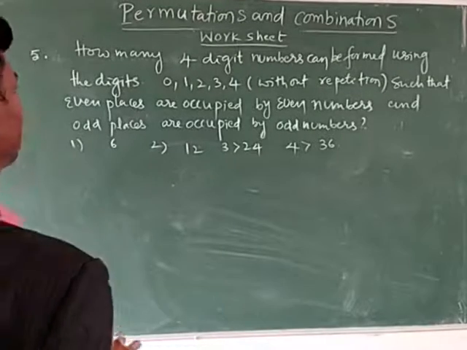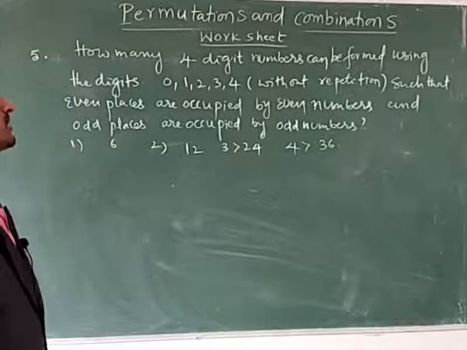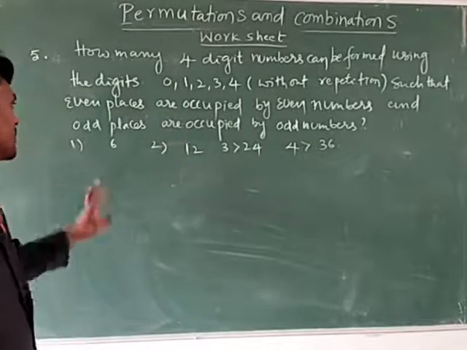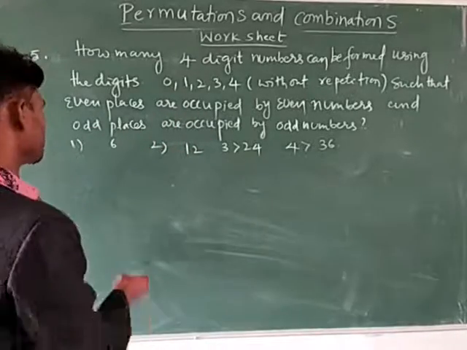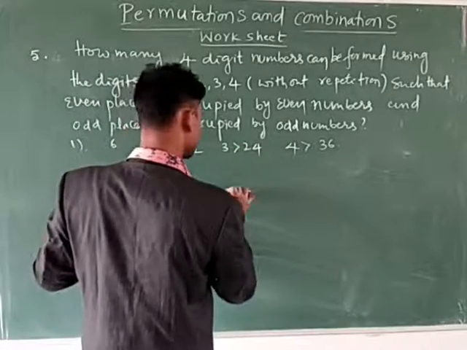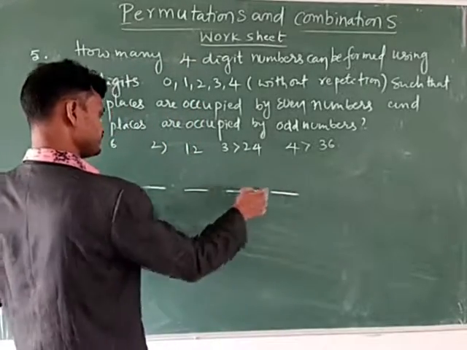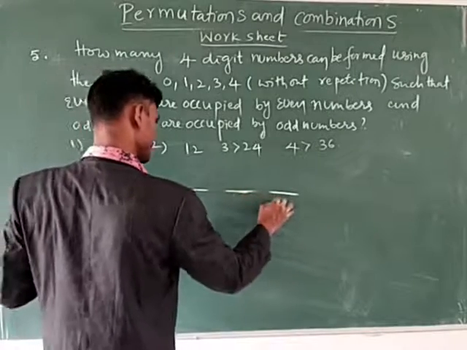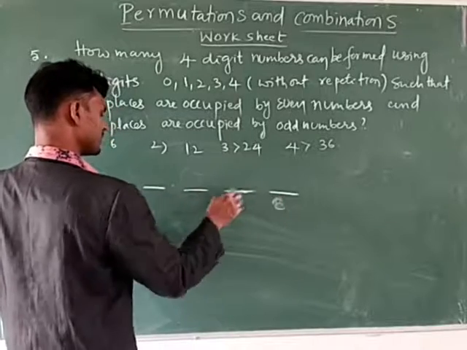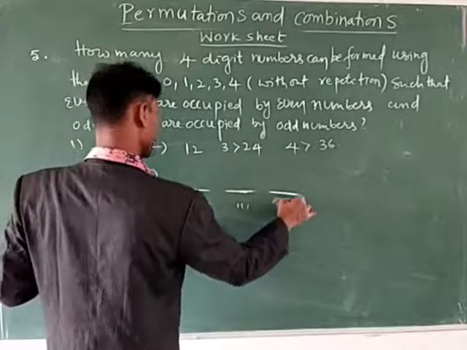Okay, next question: how many 4-digit numbers can be found using the digits 0, 1, 2, 3, 4 without repetition such that even places are occupied by even numbers and odd places are occupied by odd numbers. See here, this is how many digits? 4 digits: 1, 2, 3 and 4. From right to left, the first place is odd, 1 2 3 4,